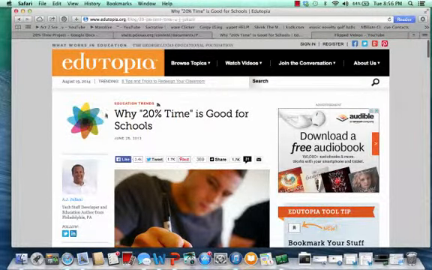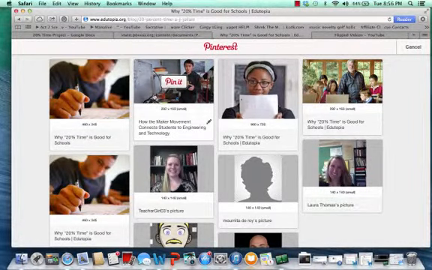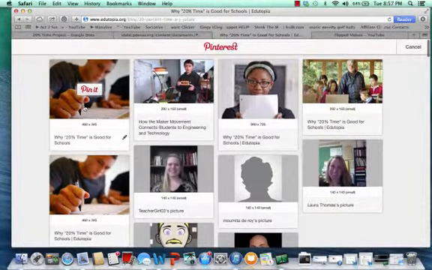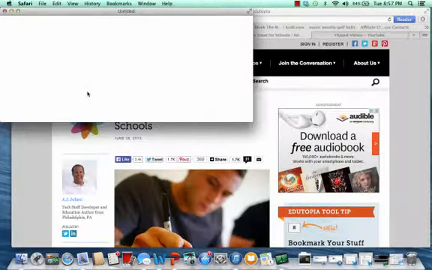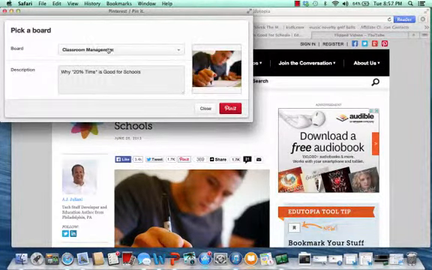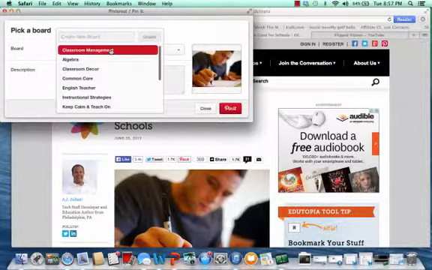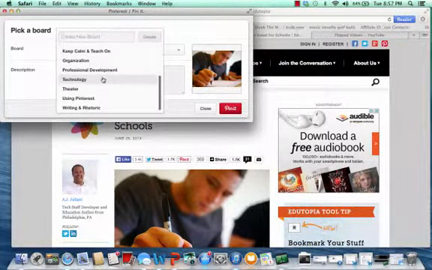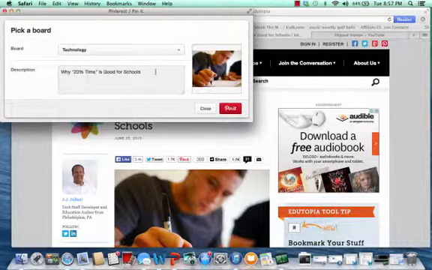All I have to do is go up here to the Pin It button, and then I will click an image from this webpage that best represents it. So I'm just going to click this one and hit Pin It. After you hit Pin It, this pops up and it asks you, where do you want to pin it? Well, for me, this would probably belong on my technology board. So I will then add it to the technology board, and I will give a description about why I was